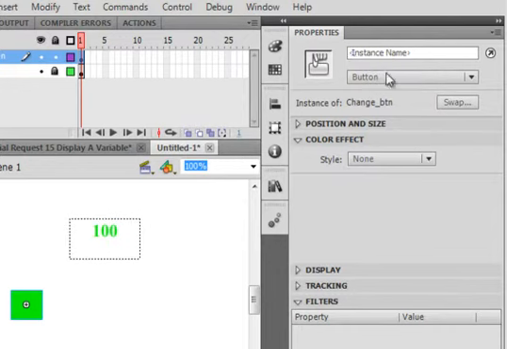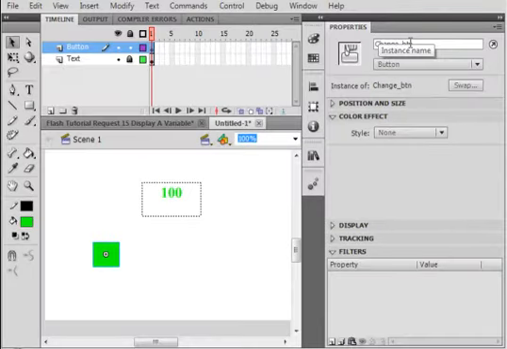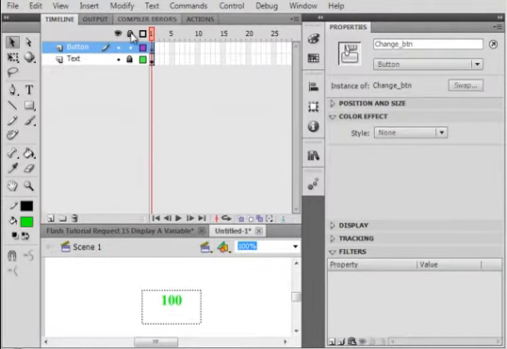And right up here, if you don't have this properties panel open, there it is there. Open the properties panel, make sure the button is selected, and in here, paste that instance name. There's the instance name, change_BTN. Lock all these layers, make sure the button layer is selected, insert a layer, make sure that layer is on top,